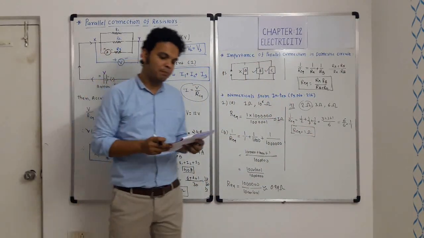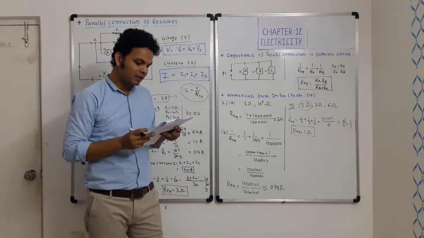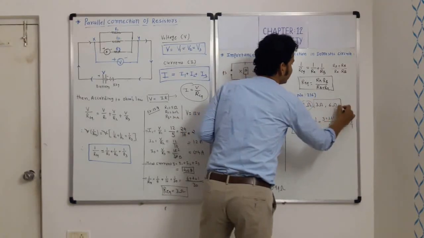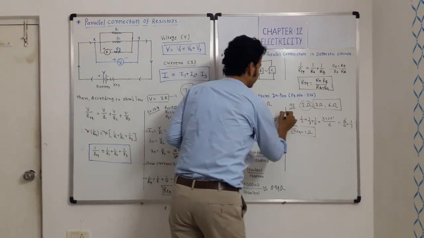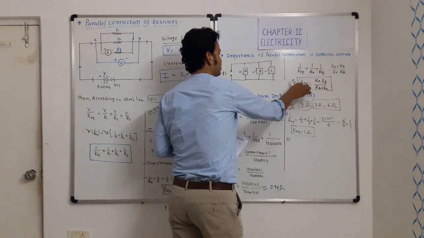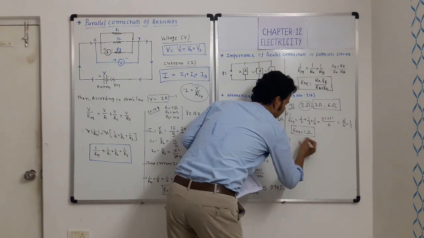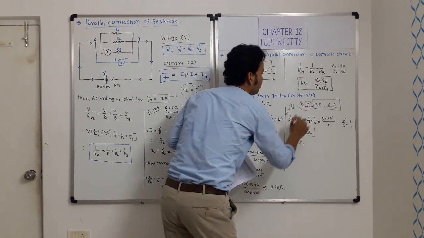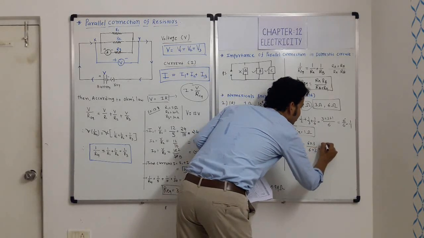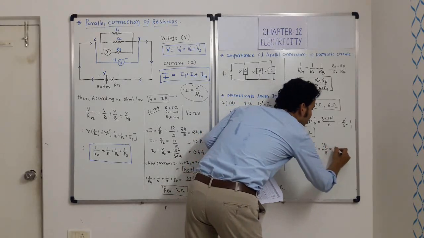And yes, so part B we have calculated first, and what about part A? Part A, that means we require 4 ohm. So for 4 ohm, first of all, let's connect these two resistances in parallel. So only two resistances, we can use this formula. So for these two, let's say equivalent is R dash. So R dash is equal to 6 into 3 upon 6 plus 3. So this is equal to 18 upon 9. So this is nothing but 2 ohm.